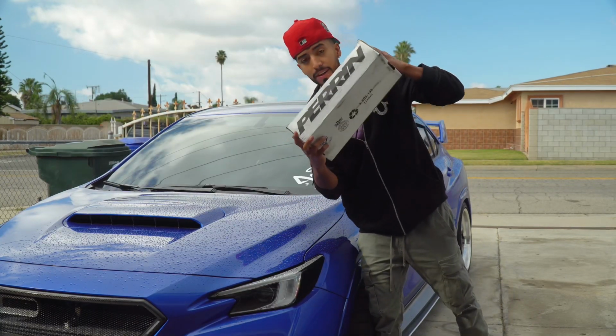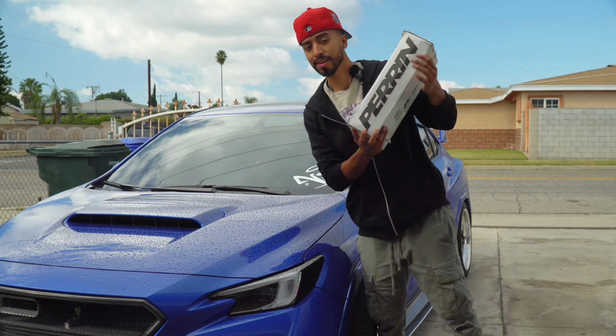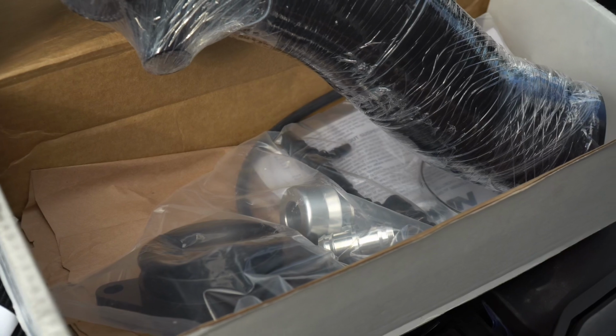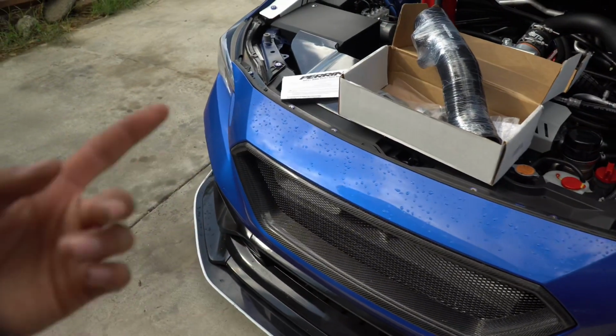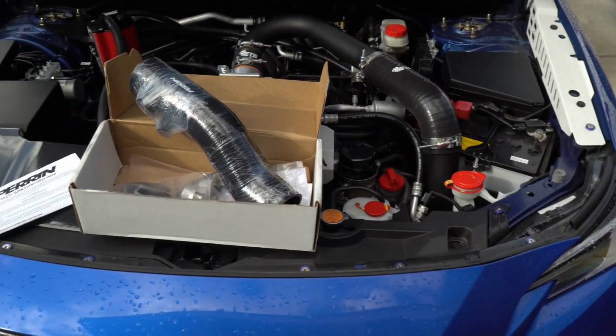So today we're going to be doing a Perrin turbo inlet install. My girl got this for me for my birthday. We're going to go ahead and install that on my 22 WRX. So the majority of the work is going to be underneath the car. So we're going to go ahead and get it jacked up, and then I will show you guys what needs